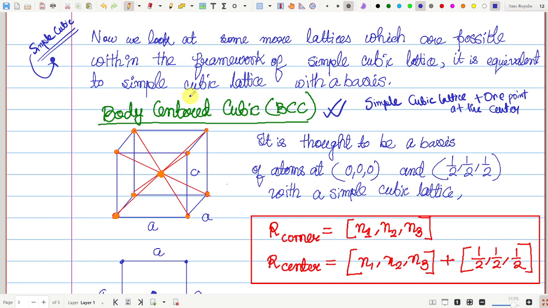Okay, so it is thought to be a basis of atoms at 0, 0, 0 and half, half, half with a simple cubic lattice. Why so? Why aren't we considering all the other points? Why are we only considering this and this? Why are we not considering other points? So we are only considering this and this